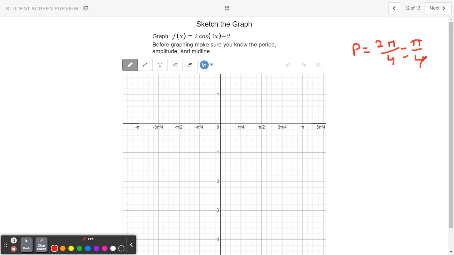Okay, so I don't know why I wrote 4. Pi halves. All right, so it's going to complete that cycle from 0 to pi halves. It's going to complete one cycle. All right, so if I make my table of values,